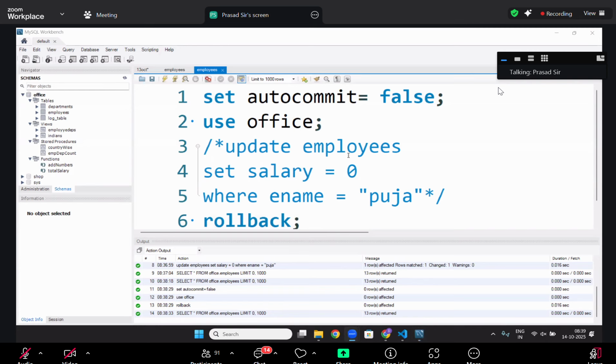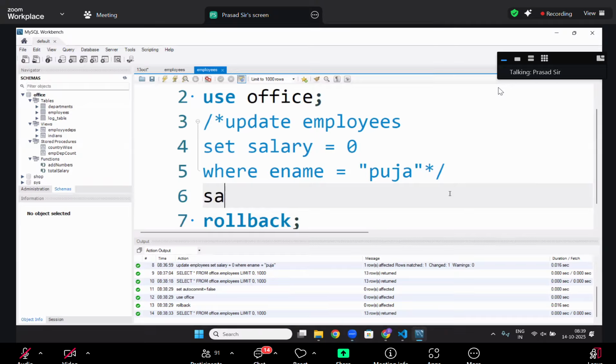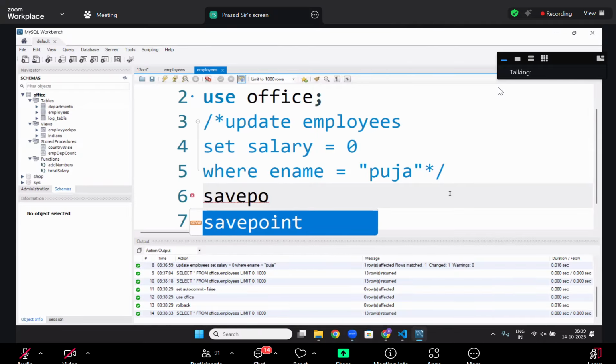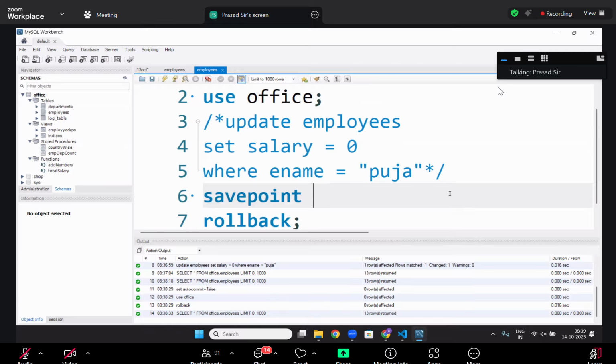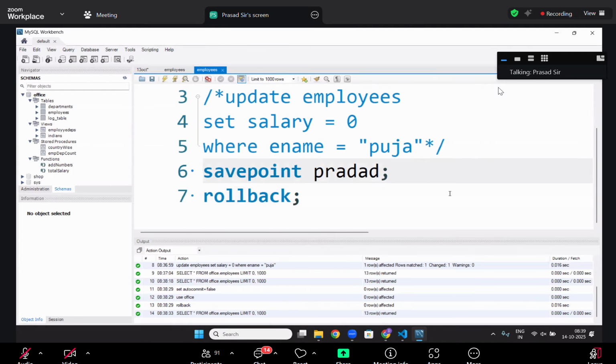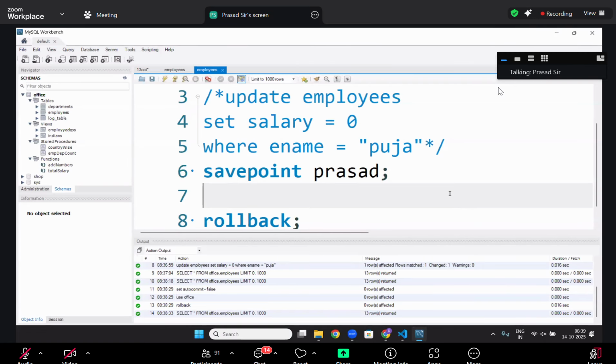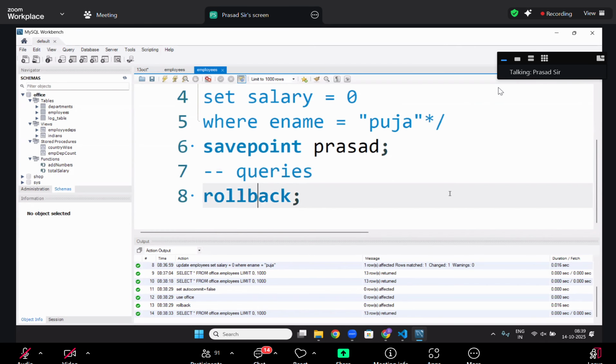No. You can even use savepoint. What is a savepoint? Imagine I put a savepoint here. You can put any name, savepoint Prasad. Now imagine I write some other queries here, so many queries. Now if I say rollback to Prasad,